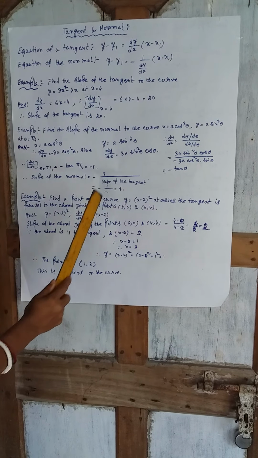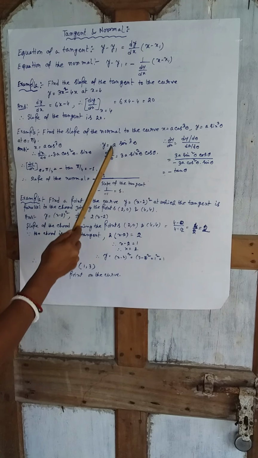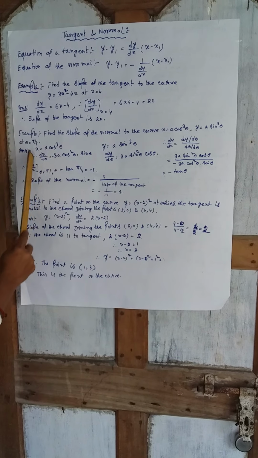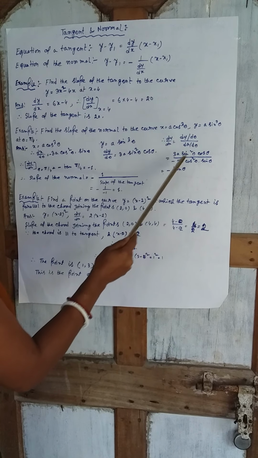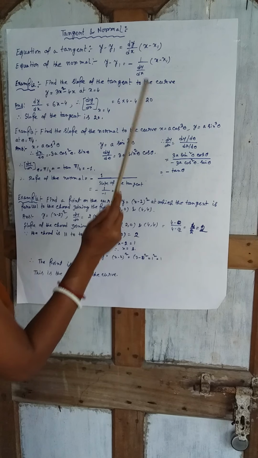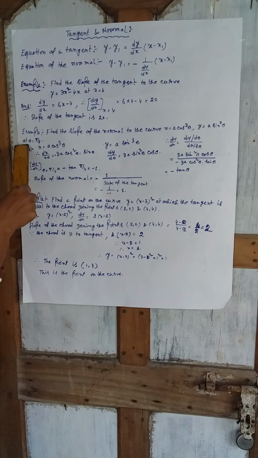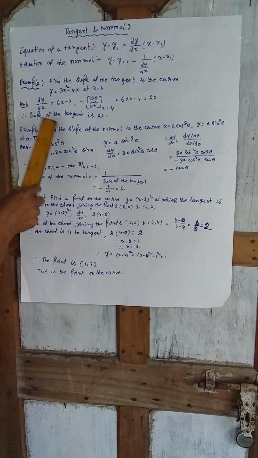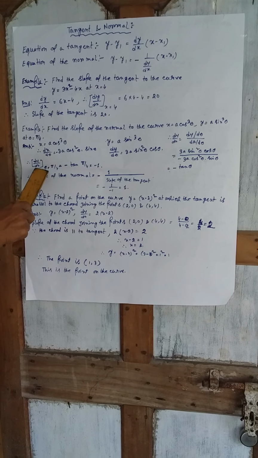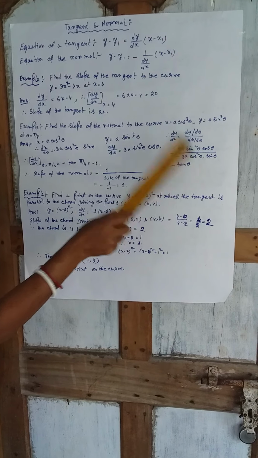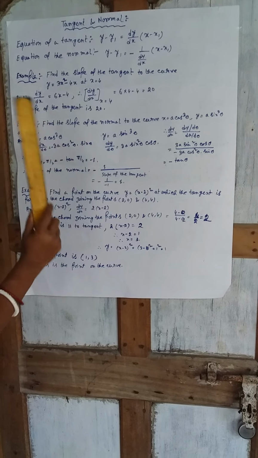Now dy/dx equal to what? dy/d theta by dx/d theta. Now putting the value of dy/d theta and dx/d theta, we get 3a sin square theta cos theta by minus thrice a cos square theta sin theta, that is equal to minus tan theta. Now at the point theta equal to pi by 4, we have to find the slope, that is dy/dx at theta equal to pi by 4. So putting pi by 4 in place of theta, we get minus tan pi by 4, so equal to minus 1.